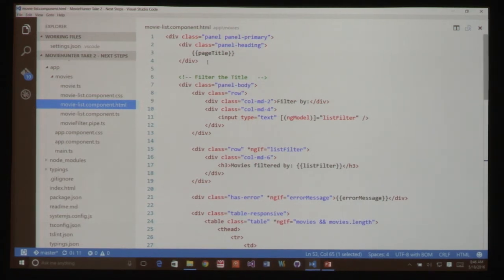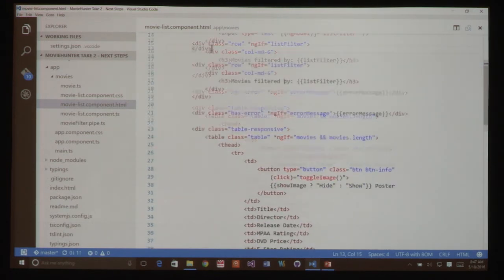So here in our example, we're going to use one-way binding using interpolation to display our page title. And again, can you guys back there see this okay? Okay. And then here is our filter by. Remember I had that input box that the user could type in and filter our list. So this is an input box, and we're using two-way binding against something called list filter. So far we know that our code behind has to define a property called page title, and it has to define a property called list filter.